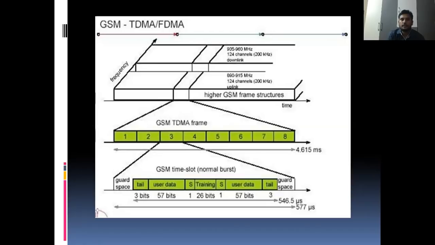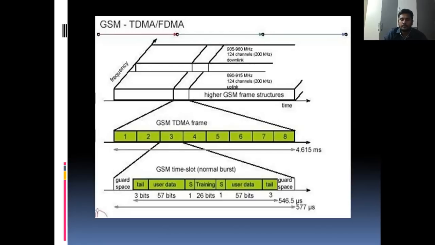For example, from 0 to 500, there are 100 channels, so they have to be allocated 5 each. At a time, these 100 channels are producing input to the users. But coming to the TDMA time slot, at a time only one channel is producing input depending upon the time slot.